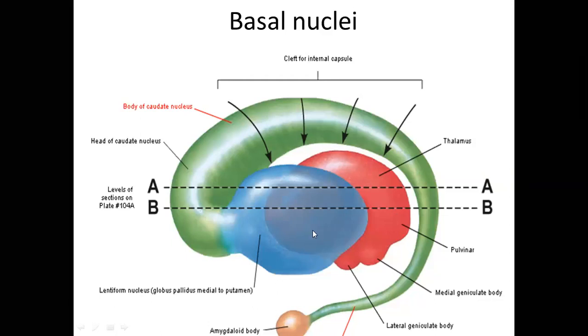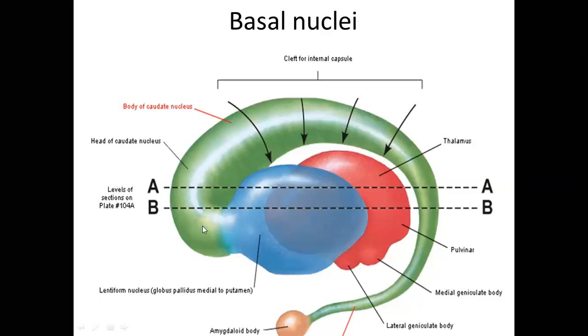Now first, it's the lentiform nucleus. This one is the lentiform nucleus. The lentiform nucleus is a basal nucleus, and it has again two parts, globus pallidus and putamen. It lies in the floor of lateral ventricle, and it is related with the head of caudate nucleus. Caudate nucleus, you see, is the long nucleus. It forms the floor of lateral ventricle.